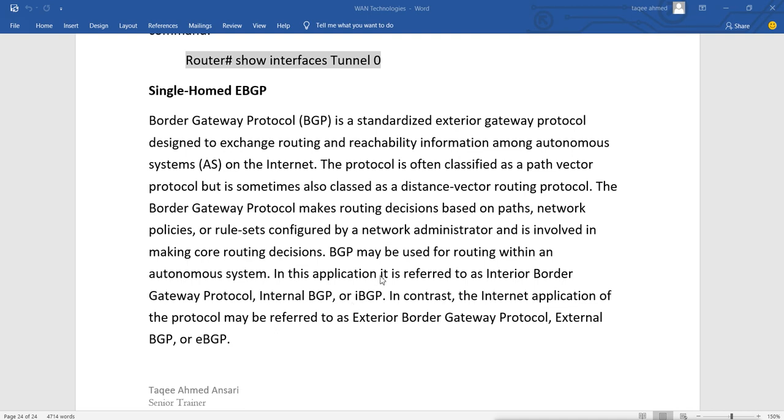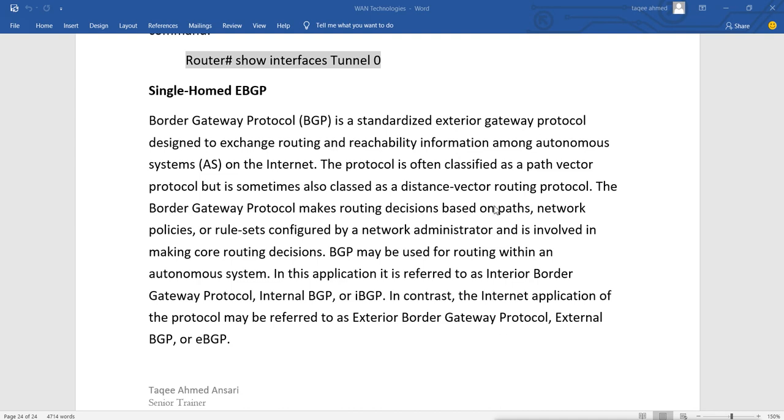And when we configure it to communicate between different autonomous systems, then it is called exterior border gateway protocol, eBGP. So mostly we don't configure IBGP. This is used to configure external BGP. Now configuring eBGP or IBGP is part of CCNP, and we are not able to configure it on Packet Tracer.